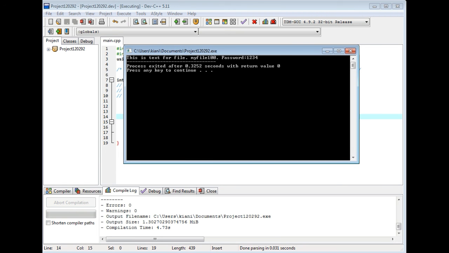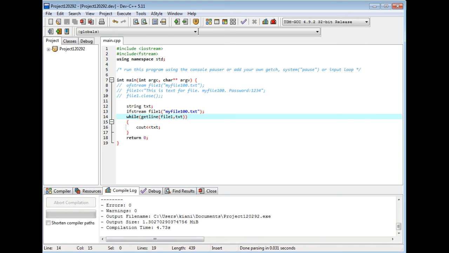This is the text for the file, myfile100, and password is 1234, on the DOS window, on the console window. So if I change this file to 101, and I change this password to 1234567, and this is myfile100 1234.